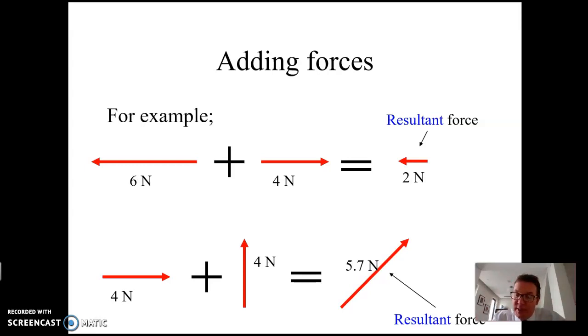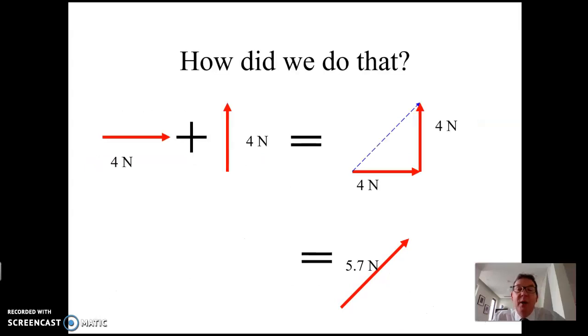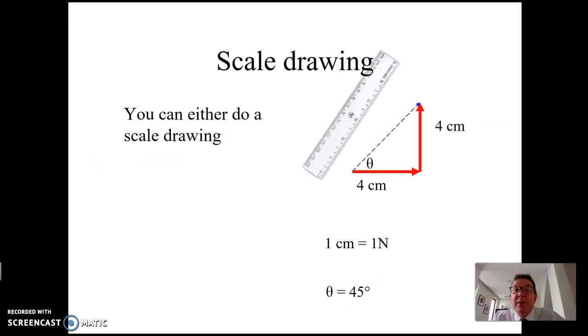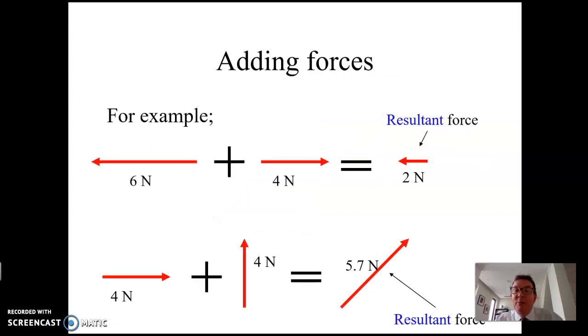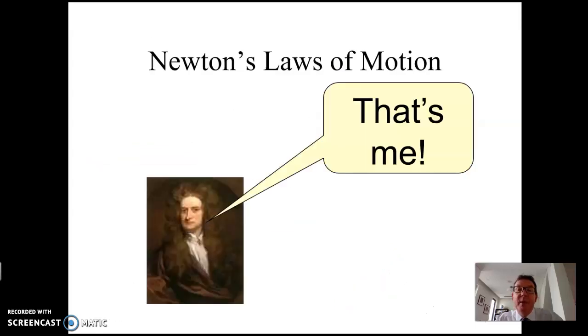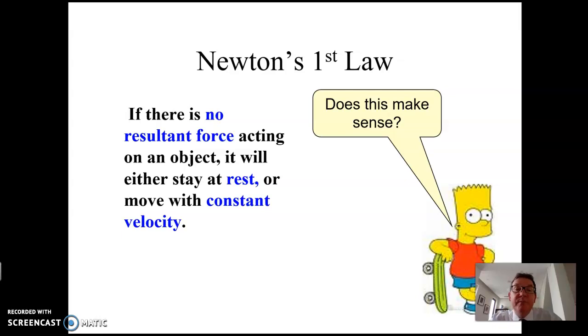You're not going to have to do this in the exam, but how did we get that result? Well, we can use Pythagoras, or you can do scale drawing. So you know that force plus that force, if I add them together, the square root of 4 squared plus 4 squared gives that 5.7. Or you can use trigonometry. You're not going to have to do that, but just so you know where that number 5.7 comes from. Okay, we looked at Newton's laws of motion. This is the first one. You won't have to remember this, but you